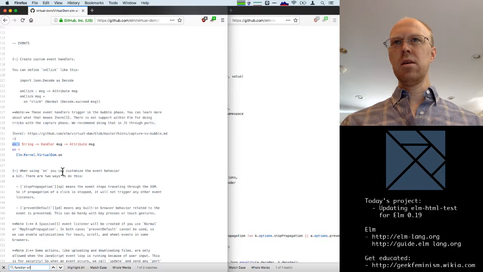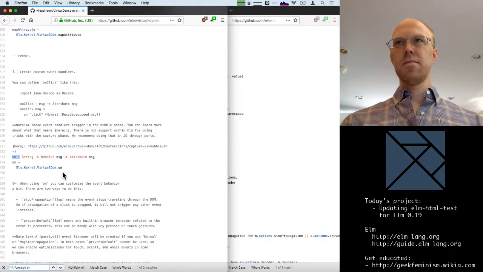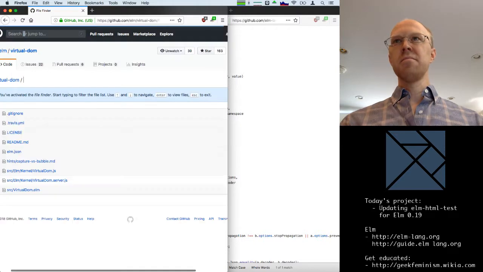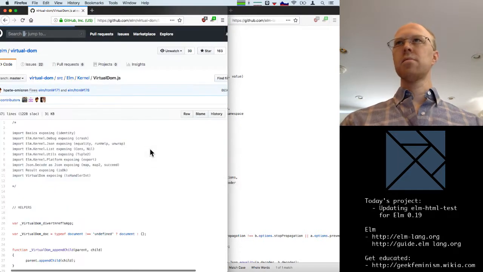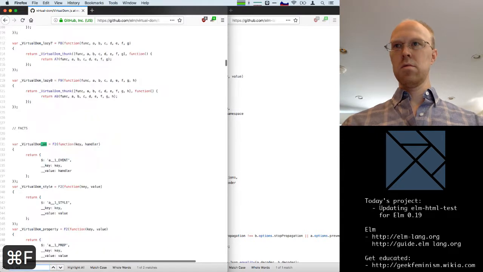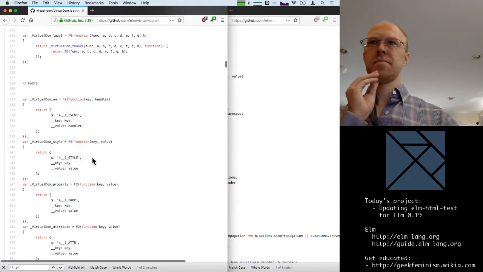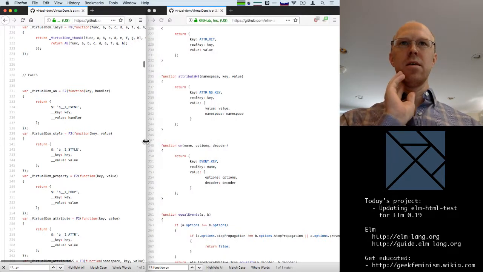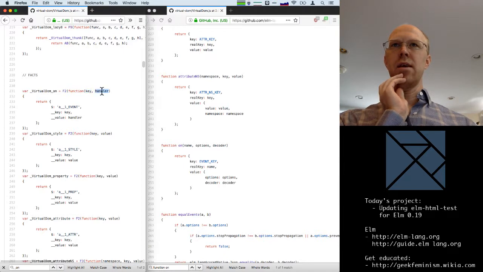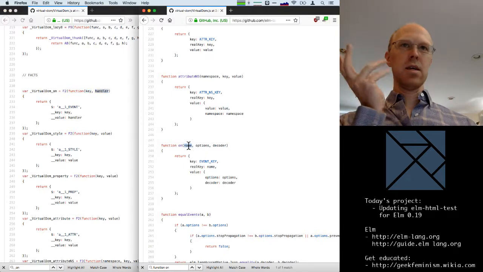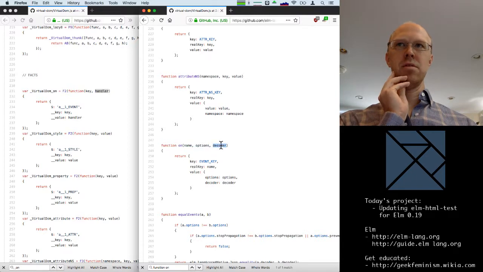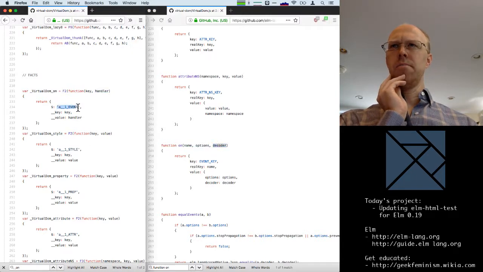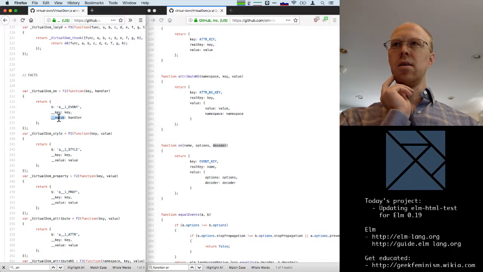Okay, so let's see the elm-19 version of this. Yeah, okay, and this is essentially the same thing. We get the key and the handler. Here we got the key, which was called name, and options and decoder. This is that A0 that we already saw. And then key and value